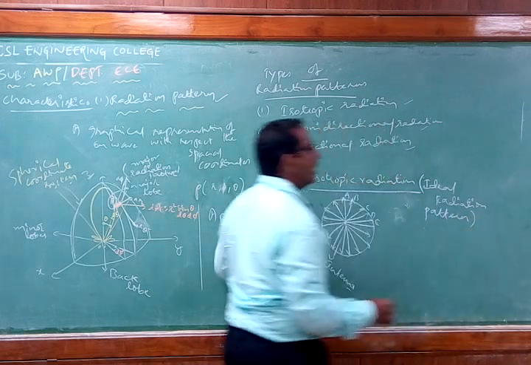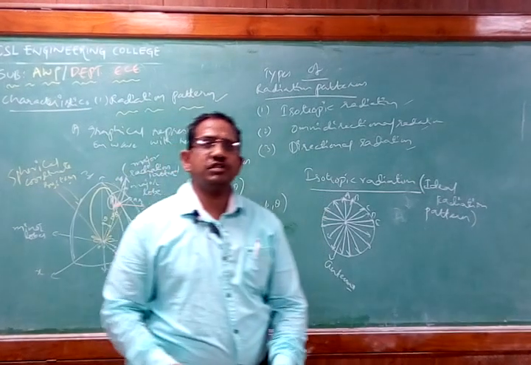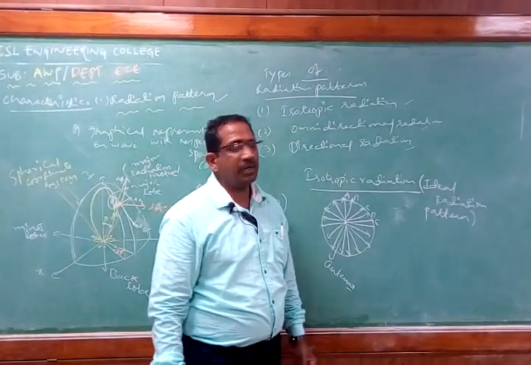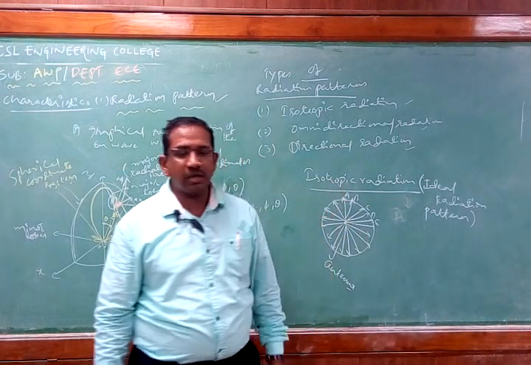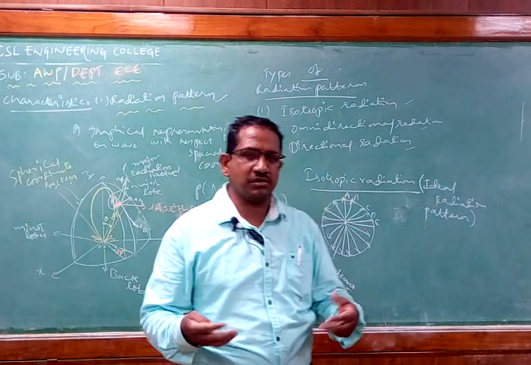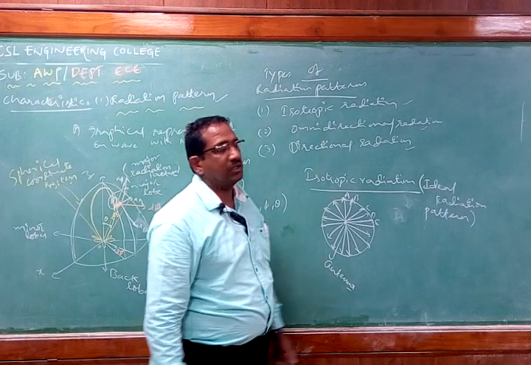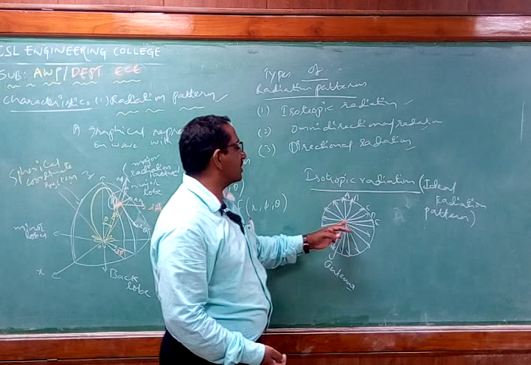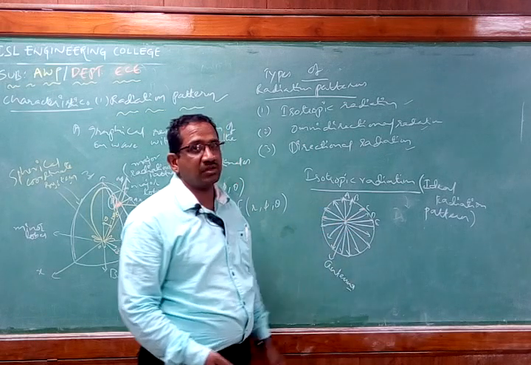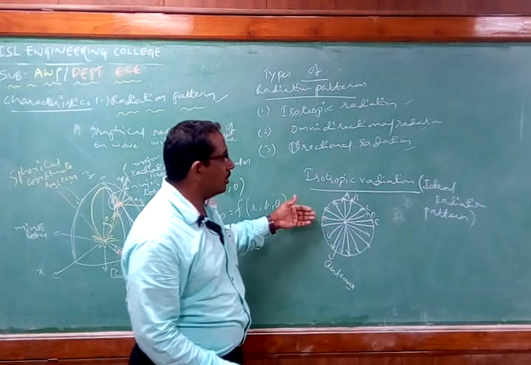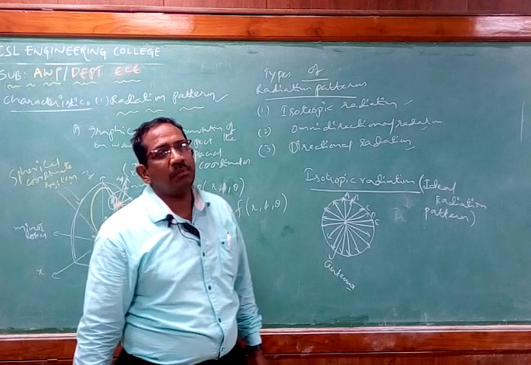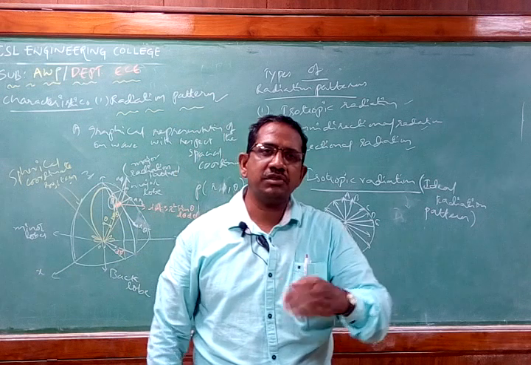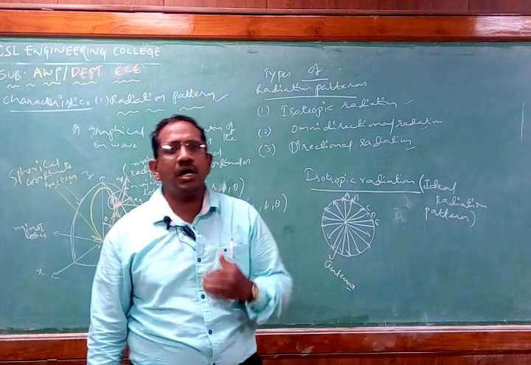What is the meaning of ideal? It is supposed to be 100% perfect, so it is called an ideal radiation pattern, but practically an isotropic antenna cannot exist, we cannot manufacture isotropic antennas. So since we cannot manufacture them, we cannot radiate signal in all the directions with equal strength. Therefore, it is normally used for analysis of practical antennas. We always compare the practical antenna with respect to the values of the isotropic antenna.